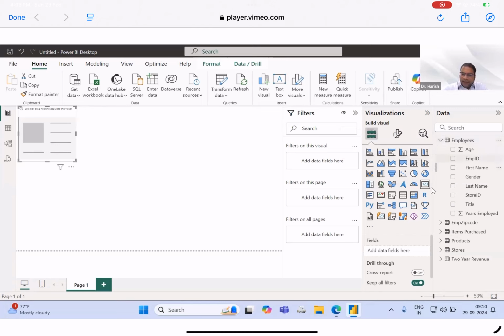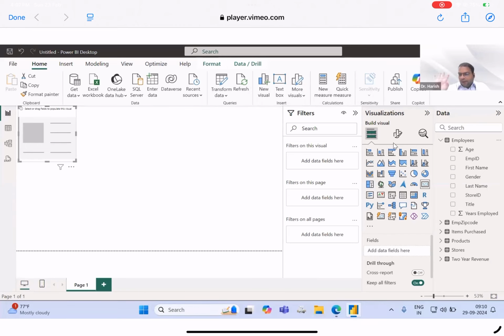And another thing in the same window, in the same blank canvas or Power View window, you are able to see the filters are coming on the screen, and the slicer is giving another option here. What is the difference? When I was mentioning in Excel that slicers are nothing but virtual filters, but now they are giving the two options together, filters as well as slicers. So first thing, let me cover this one, and apart from that, in the visualization pane,